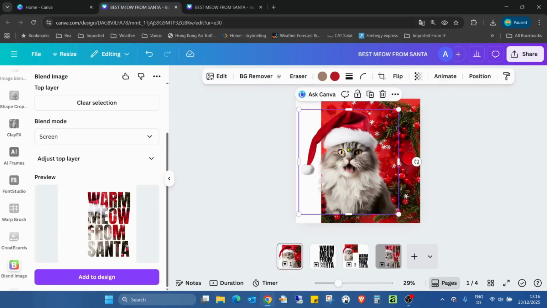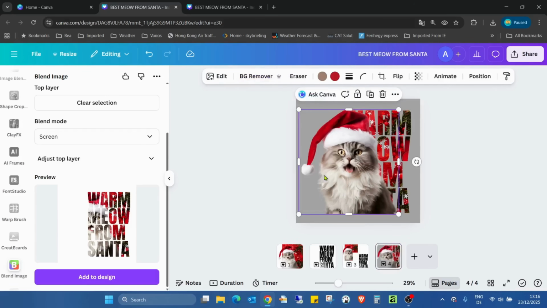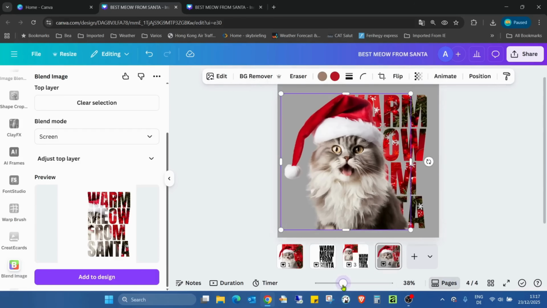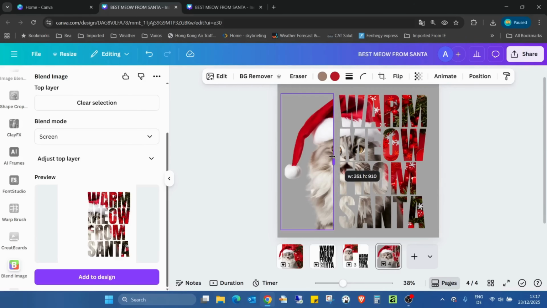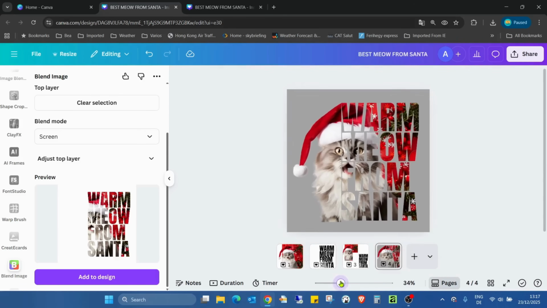Plus we can copy the cat from the first page like this, increase the size a bit, and cut this image until we have this. And if we would like to have something a bit more beautiful or more unique,